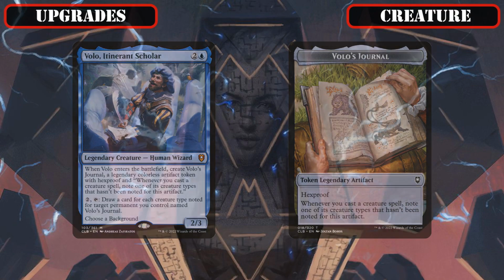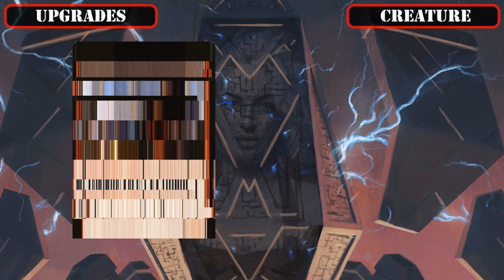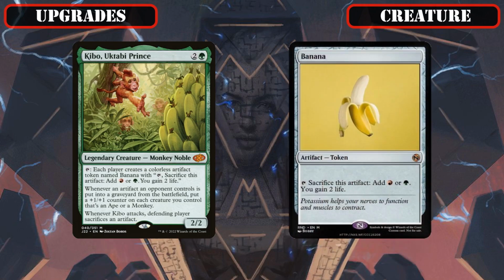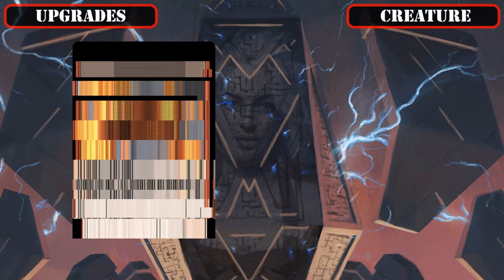of different creature types. From there, we'll then proceed to replace some of our existing token creators with better legendary ones, with Pia and Kiran Nalaar's one-time token production and removal being swapped out for Kibo, Uktabi Prince, whose symmetrical Banana production gives us additional ramp, life gain, and even grows him as our opponents use them, on top of also being an on-attack source of artifact destruction, and Everquill Phoenix's self-reanimating Feather token production losing its spot to Brudiclad,